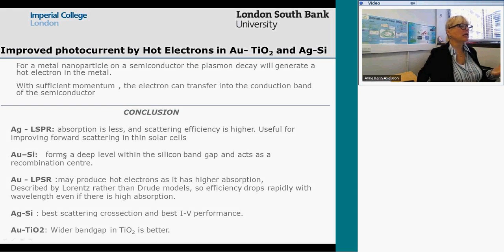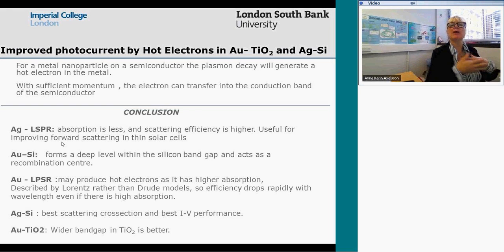We can see, for example, localized plasmon resonance. In such a scenario, absorption is less for silver particles, and the scattering effect will be higher, and this is exactly what we need